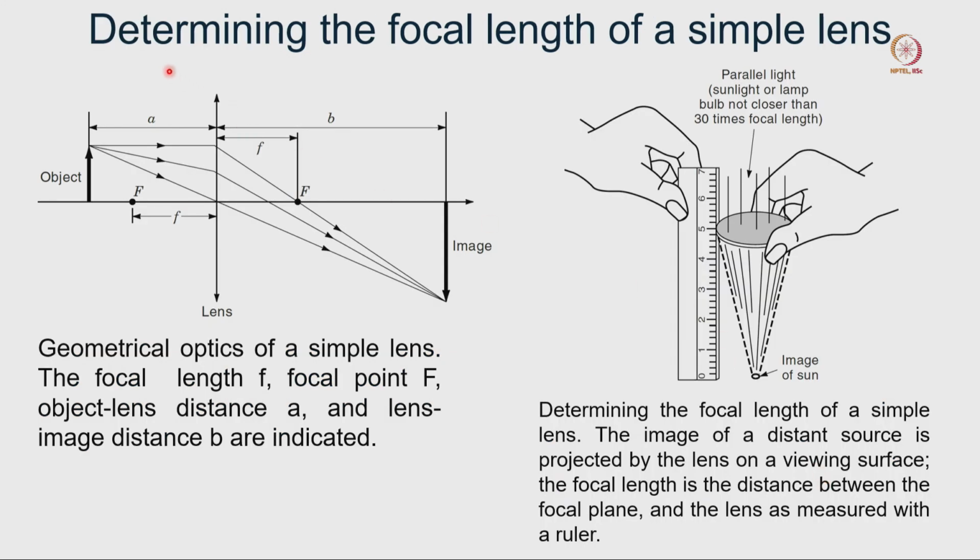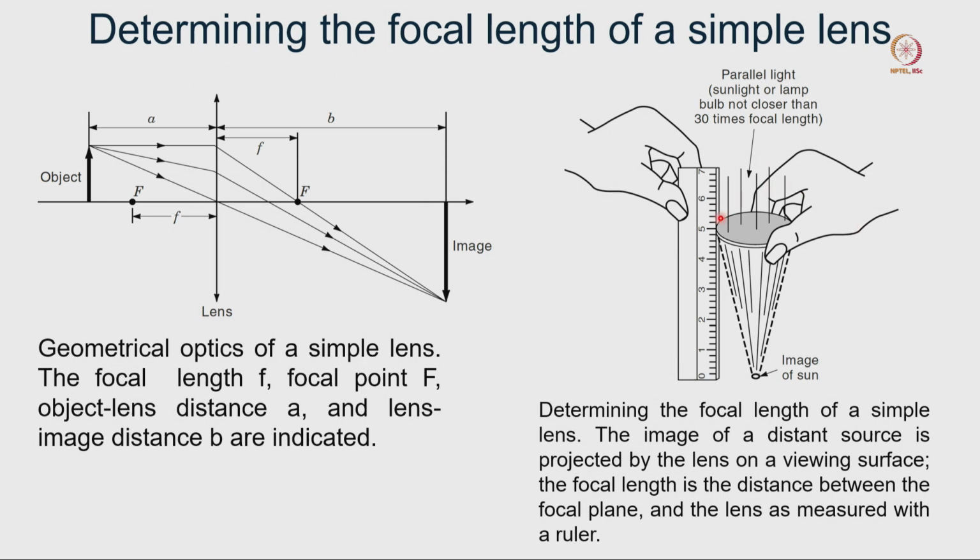Now, it will be better to go through a little bit about how glass lenses work, because in the electron microscope we are not using glass lenses, but we are going to use a similar kind of ray diagram to explain the image formation. That is the reason it is better to go through these simple formulas, which will help us later to explain how image formation happens in the electron microscope.